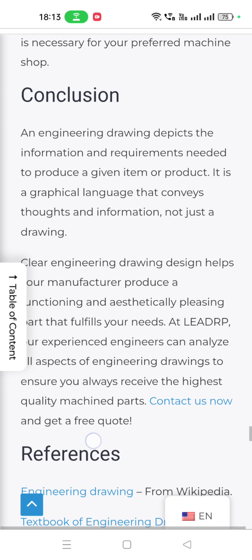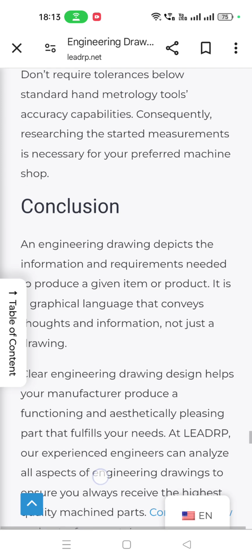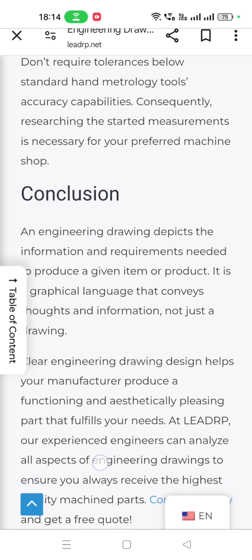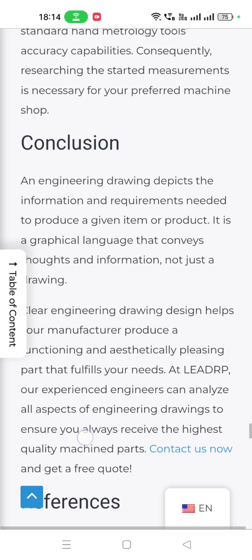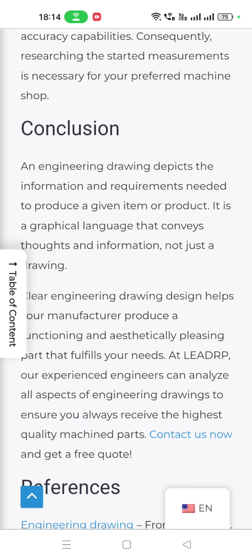A clear engineering drawing design helps your manufacturer produce a functioning and aesthetically pleasing part that fulfills your needs. Our engineers can analyze all aspects of the engineering drawing to ensure you always receive high quality machined parts